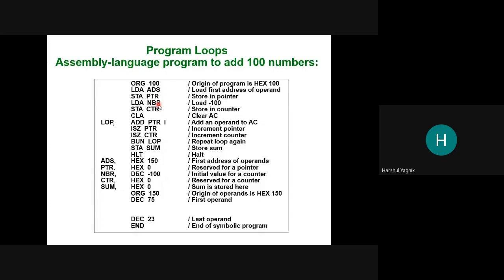Counter is a label over here. But what is this counter? The counter label will be a binary number 0. Initially it is 0, then whatever is this number, that is then stored into the counter, and that number is the binary of -100. Clear? So we have initialized the counter. Then the accumulator is cleared. So CLA will clear the accumulator.